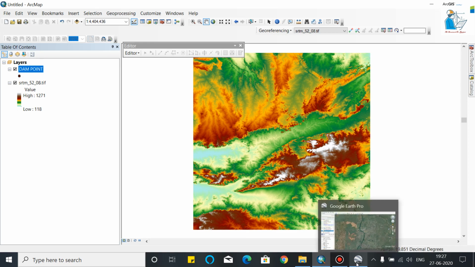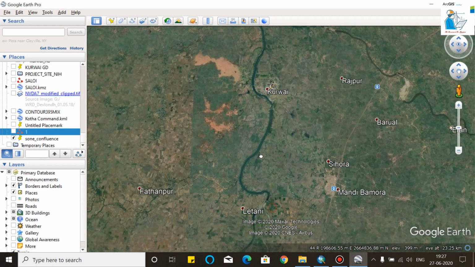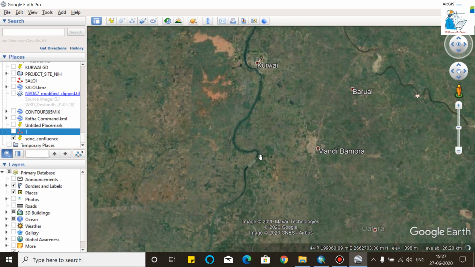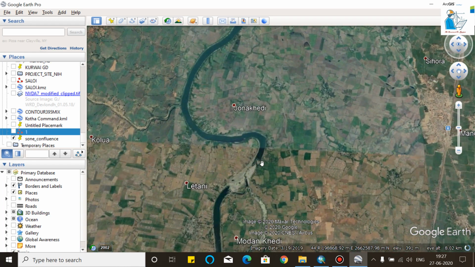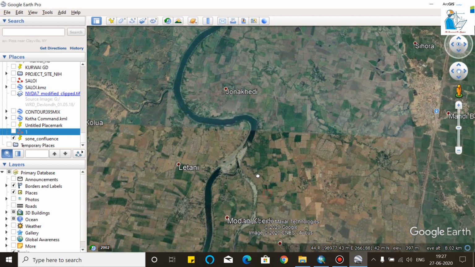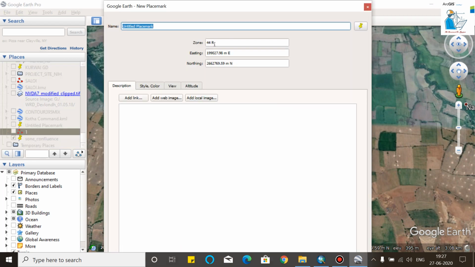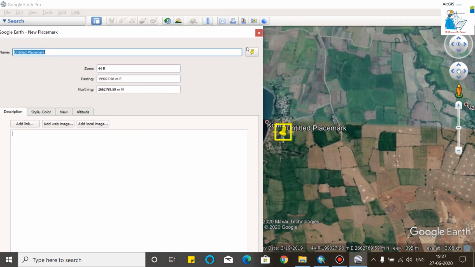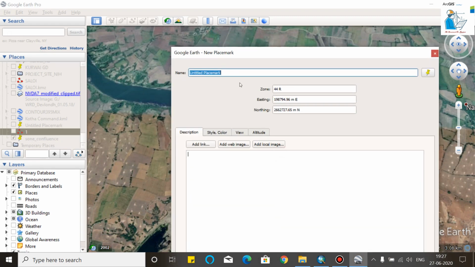Now we will open Google Earth Pro and select the particular point where you want to find the catchment of any river or nala. I will find the catchment of this particular area, so I will create a point for this area and name it dam point.